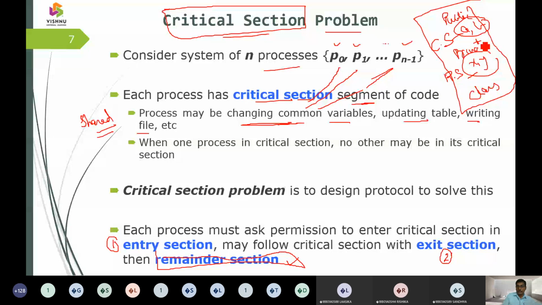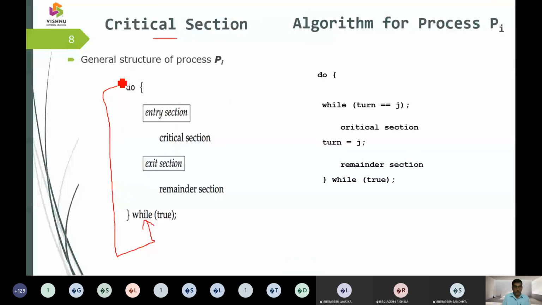Then we have X comma Y. These X comma Y are called private members. Private members can't be shared by others, so they are put into the remainder section, and A comma B can be with all the classes, so those are common and we put those elements into the critical section. So here we can see the critical section generalized structure, and this generalized structure we are now going to put into the control structure.